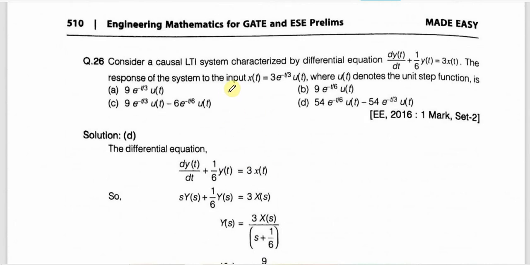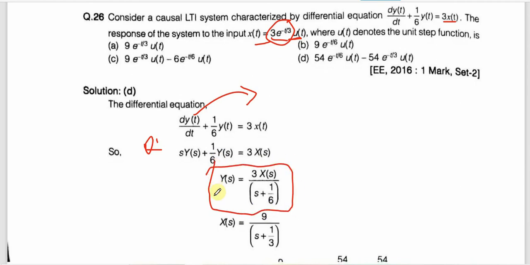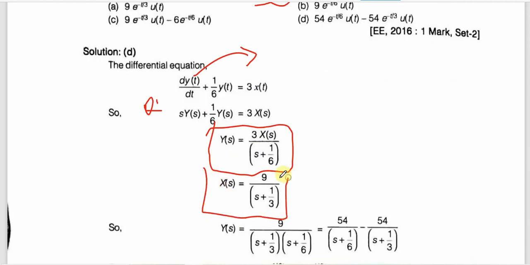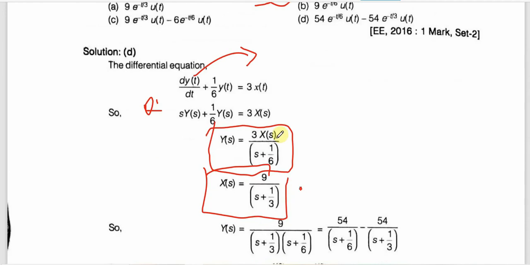Now see, again one more formula is there. Again it is based on that formula only. Laplace inverse, we have to put this x of t, and then u of t is also there. So then we will put the y dash formula, and after that we will take Laplace inverse on both sides, then we will get some Y(s) function. From there we will get X(s). No, there is no need to write X(s) here. You can directly find this.